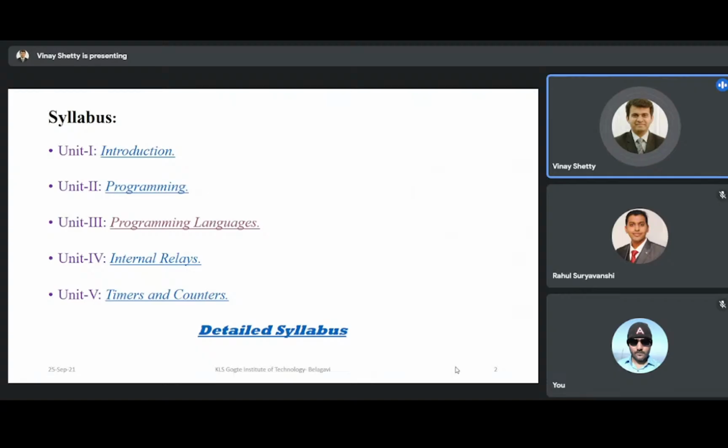Basically, these are the basic building blocks for any kind of automation. Timers and counters are incorporated in order to count the time. I mean to say the operation has to go real time. RTC, we call it the real time clock. And counters are basically incorporated in order to count the sequence of operation.